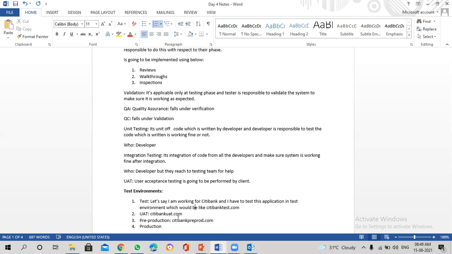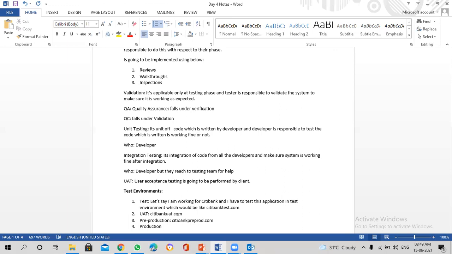So we use this pre-production environment for replicating defects, like the example I have given, if you are not able to reproduce it in test and UAT environments. The pre-production environment is also used for performance testing. We will discuss performance testing in coming sessions. Performance testing is nothing but load testing, stress testing, and volume testing. We will discuss all of that together in the coming sessions.